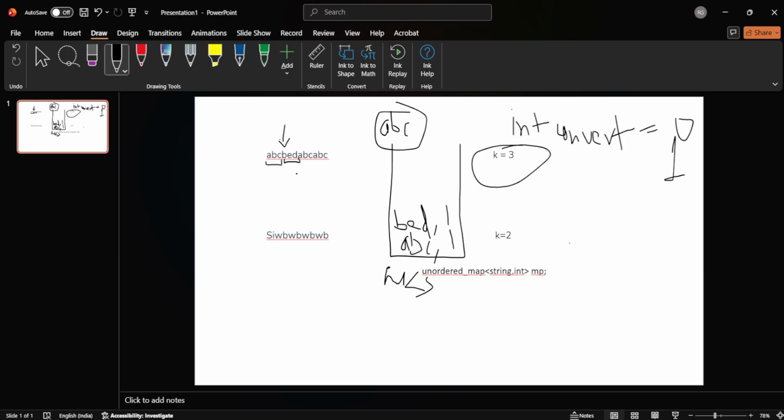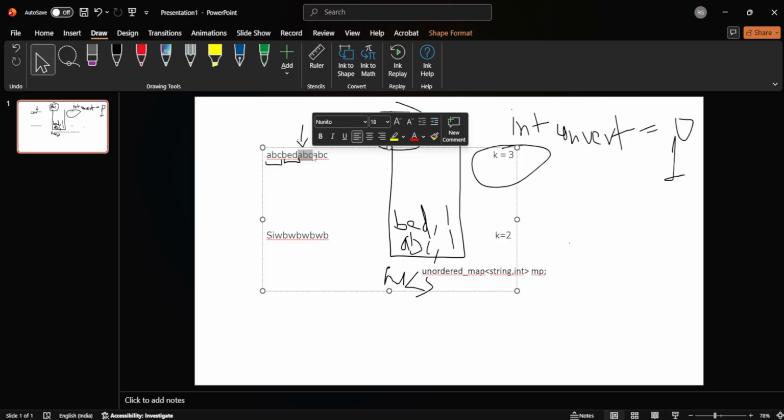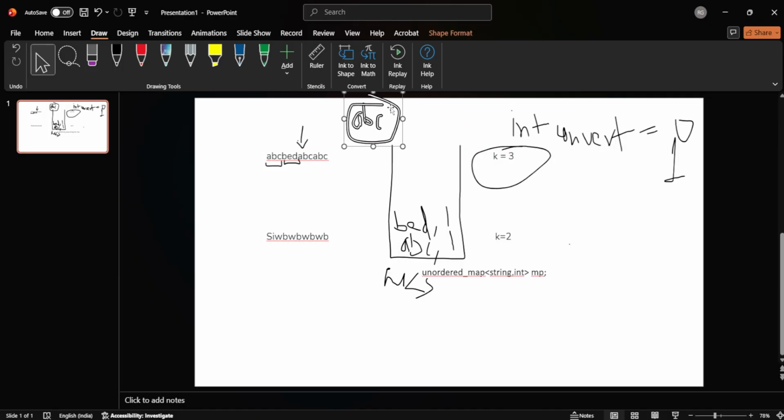Okay, now my pointer moves by k characters here, and I will find that this substring is also not equal to the most probable occurring substring. As this one is equal, I will move my pointer by k characters. Same, this is equal to my most occurring substring, so I will move the pointer and it goes out